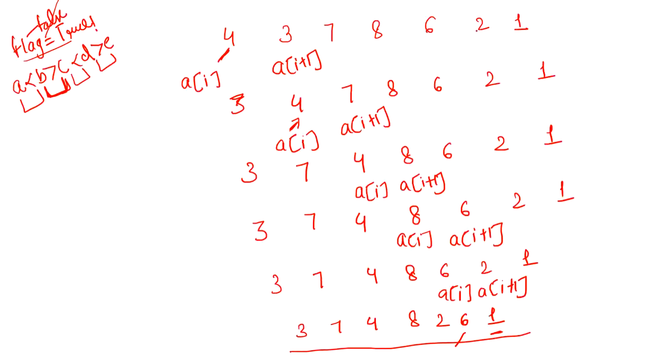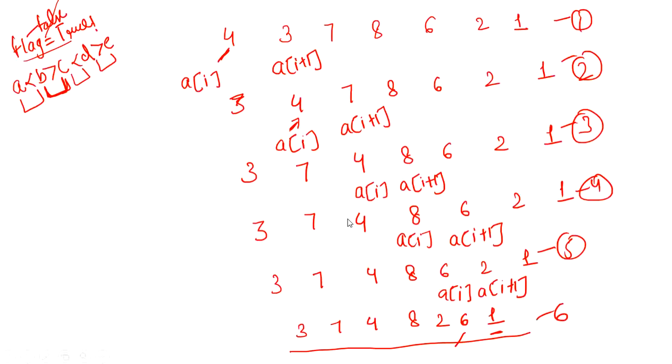So how many steps are involved here? 1, 2, 3, 4, 5, 6, right? So 6 steps are involved to go through all the elements of the array, right? So how many elements are present in this array? 7, right? So for sure we have to initialize our variable by 0, and